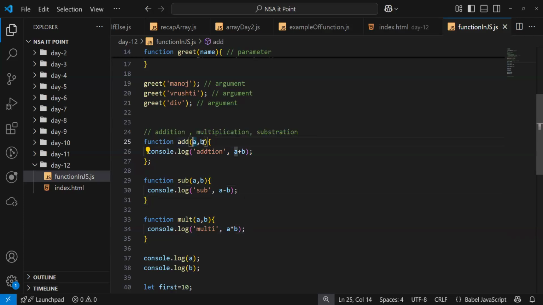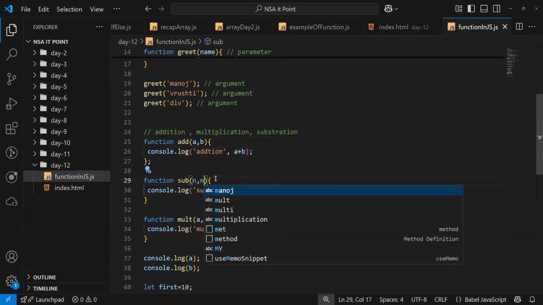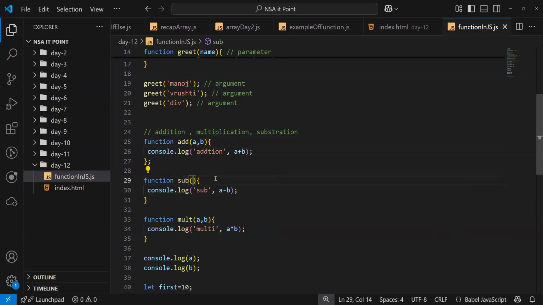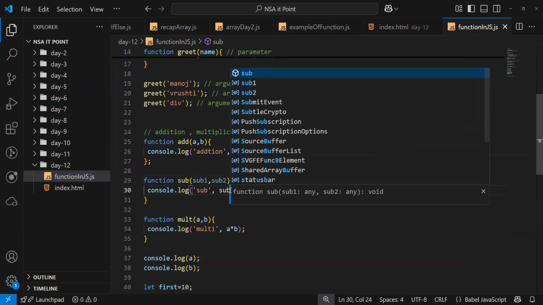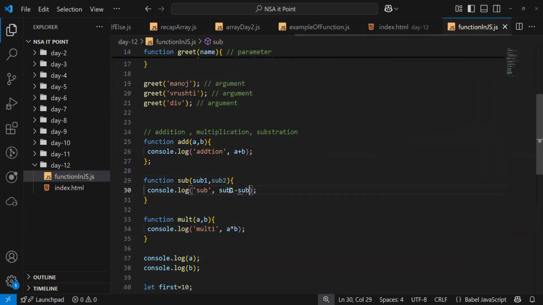Even if I created a and b for this function, I can create anything. Sorry, this is a reserved keyword. We can create n comma m because I'm writing short form. We can write anything, like sub1, sub2, and I'm going to write sub1 minus sub2.